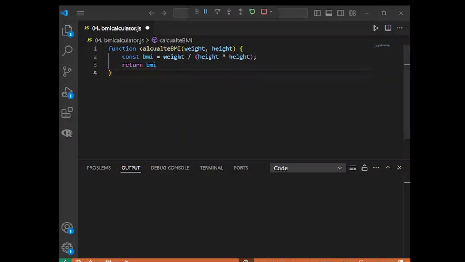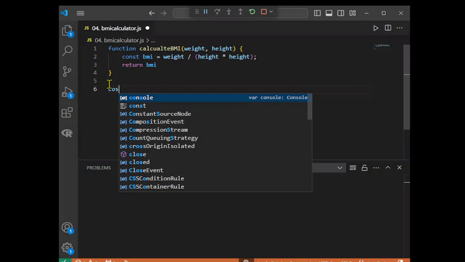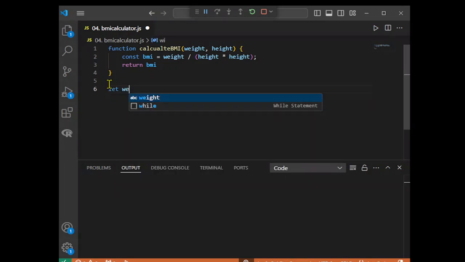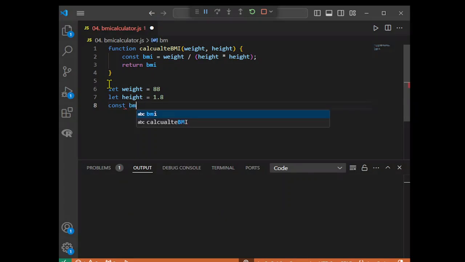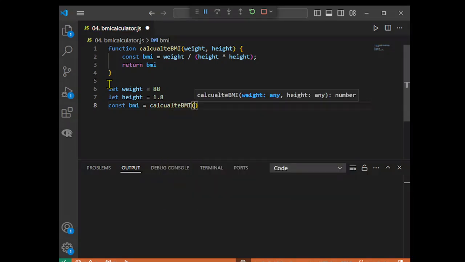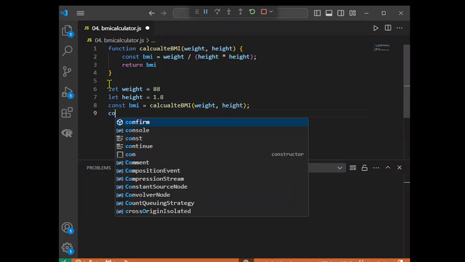So this is our simple function to calculate the BMI. Let's say our weight is maybe 88 kilograms, and our height, let's say someone is 1.8 meters. It's in meters. And let's use the function. To use the function, we will store the resulting value in this variable, and then we will say calculateBMI. We will pass the weight, and we will pass the height, and then we will print